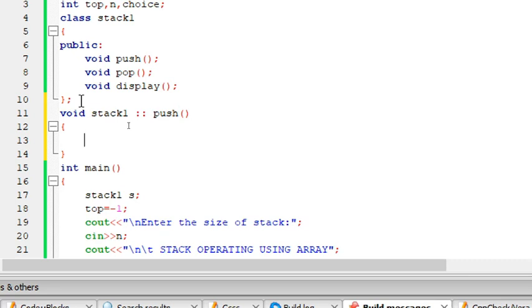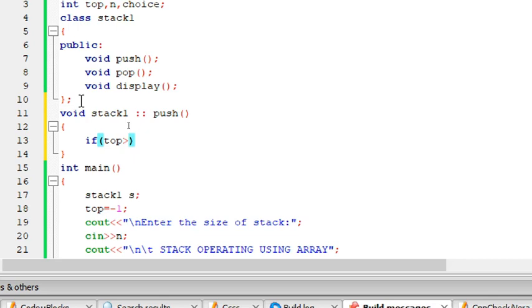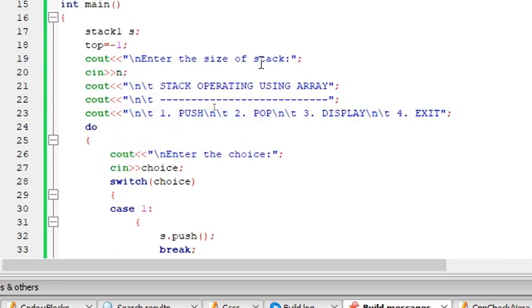I need to define this. Understand, if I want to push an element, first important thing I have to ensure whether I have a space for inserting the element. What if it is full? So I need a condition to check. So if it is full, I have to give a display statement like my stack is overflow. If it is not, I have to enter the value. So let me use the if condition. The condition is initially I place top as -1, isn't it? So if the top is greater than or equal to n minus 1. If you remember what is n, I gave n over here, size of stack.